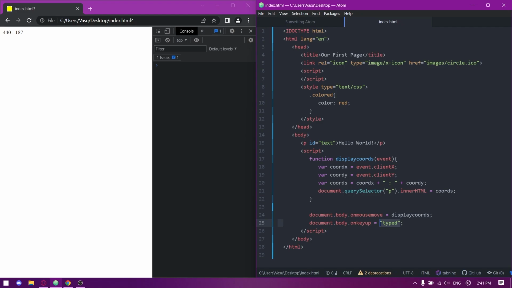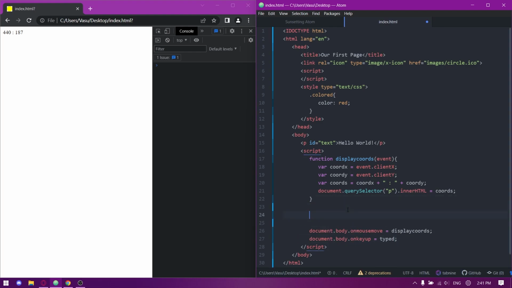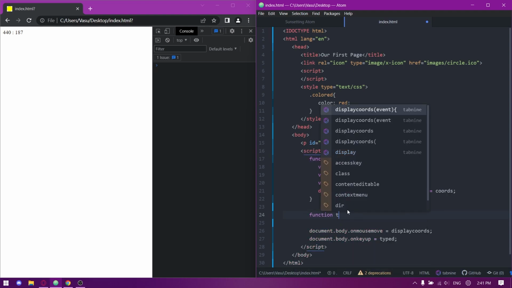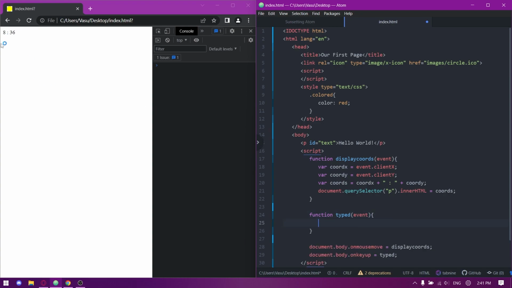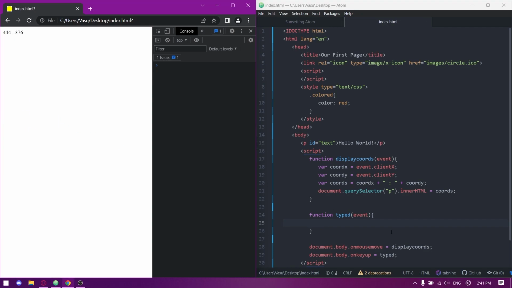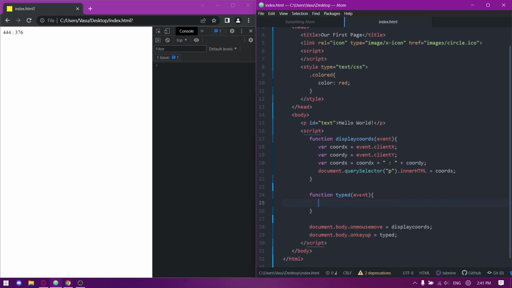And on key up, typed should be a function. And then now we create one more function called typed with the event. And what I want for this is I want it to display, whenever you type something, the typed text. So first we need to see what sort of information the event